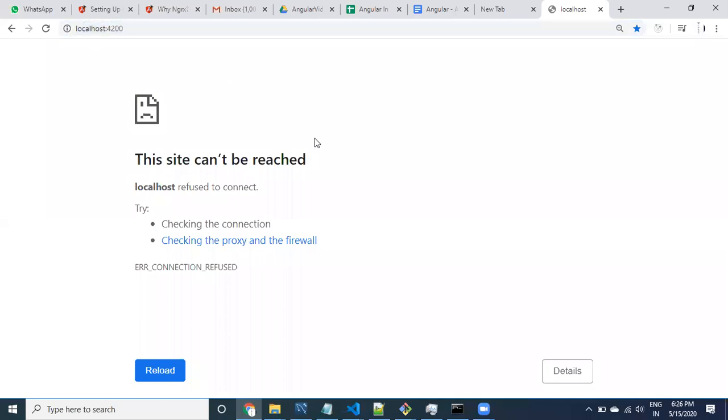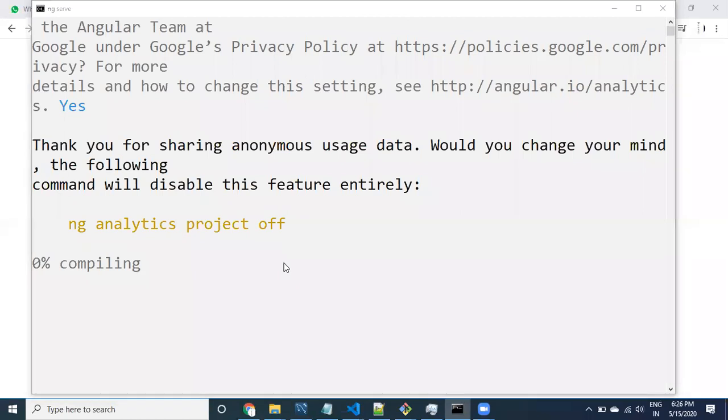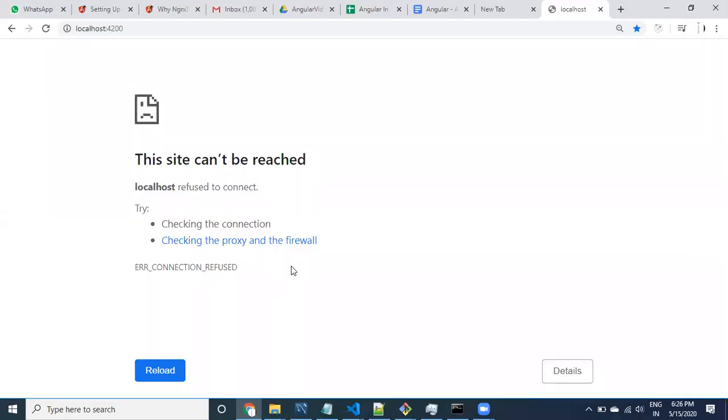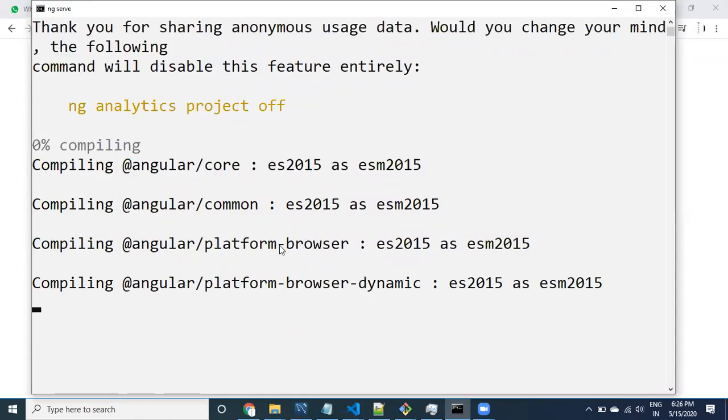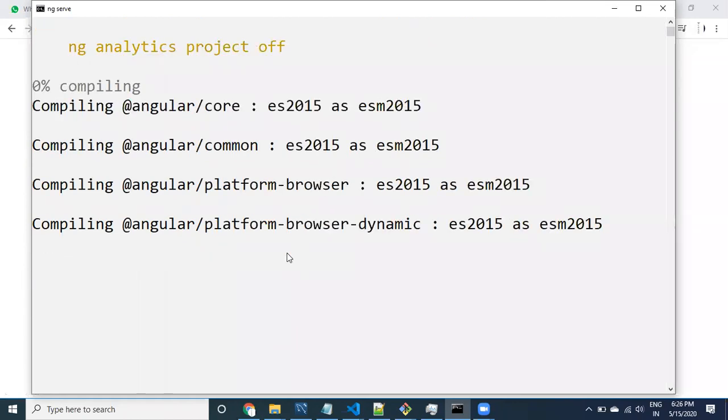I did not install bootstrap css for this project, and I don't want to use it now, because I don't want to focus on UI right now. I'm going to install bootstrap css for the next example in the same session. I have installed so many things, that's why it is taking some extra time. Let it keep running.